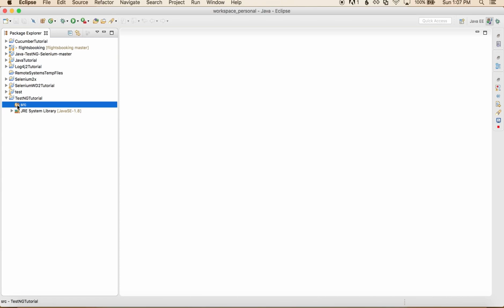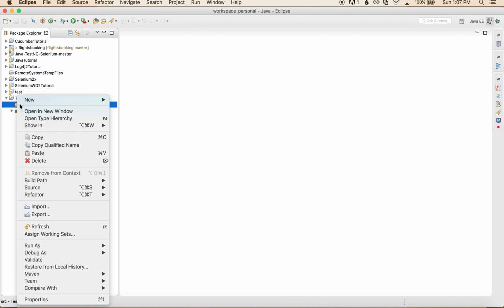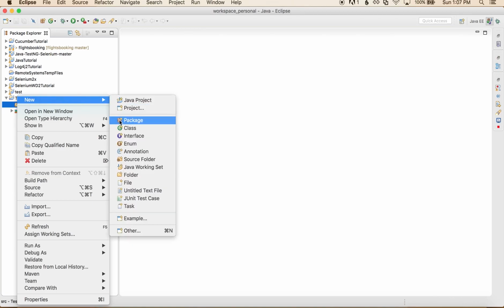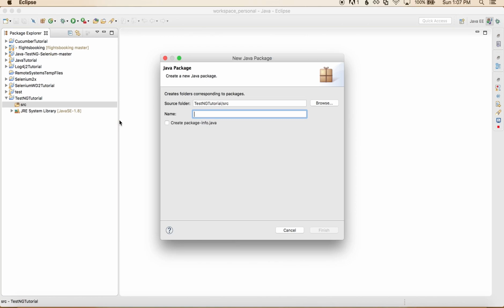In that we usually start by creating packages. So packages are something which holds the classes. So right click on this, New, and click on Package. So I can maybe call it test classes. So in our usual projects, we have two differentiations.